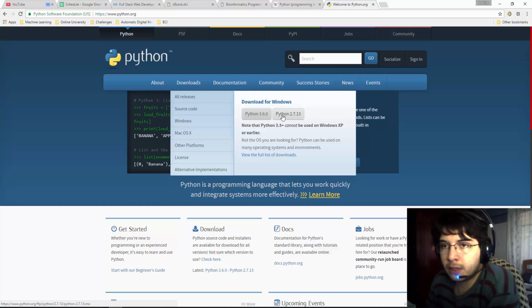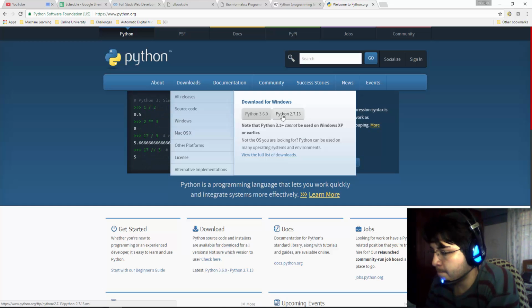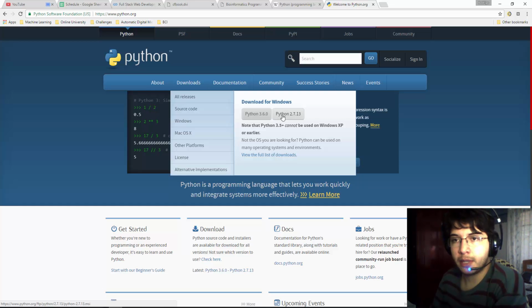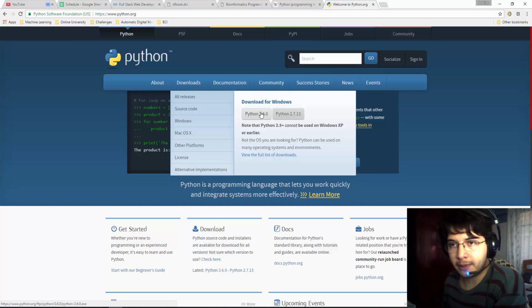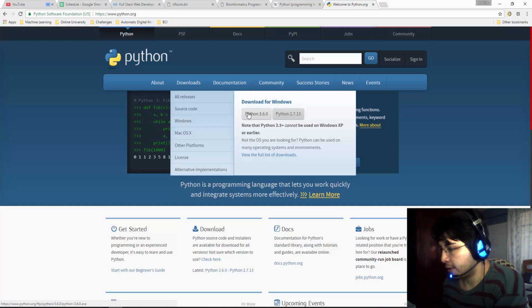It's going to be supported until 2020, but it is not going to receive major upgrades in the next 4 years. So it's better to migrate to Python 3.6. Actually, 3.6 is a pretty recent upload. I have installed Python 3.5 on my computer, which works just fine as well. Another interesting thing that you have to take into account is that Python 3.5 cannot be used on Windows XP. Of course, I mean, who has Windows XP anymore? It's better to have even Linux. Okay, so maybe you want to download this, one button,